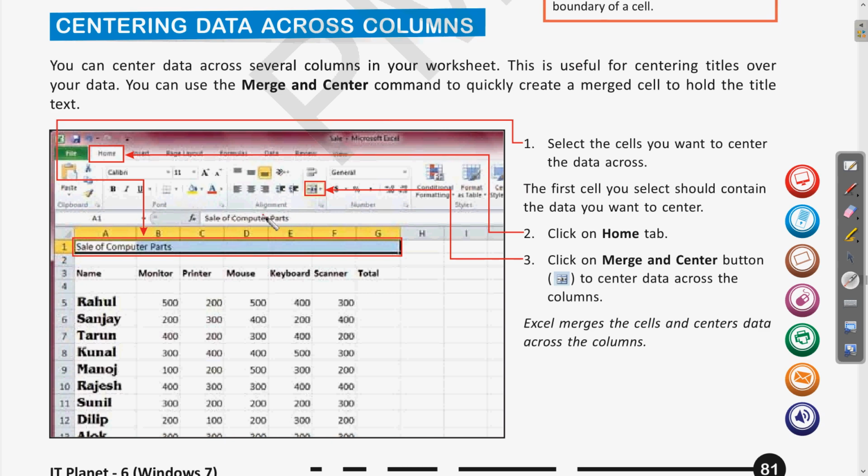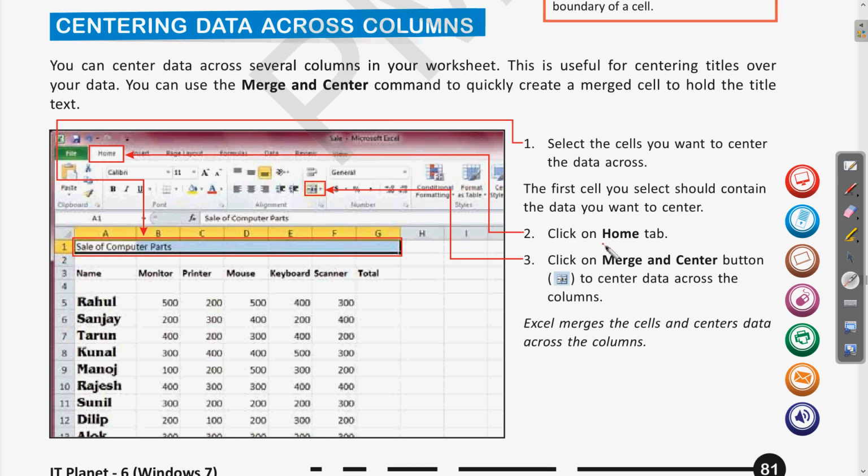Let us see the steps for doing this. First, select the cells you want to center the data across. The first cell you select should contain the data you want to center. Clear? Whatever data we want to center should be written in the first cell.